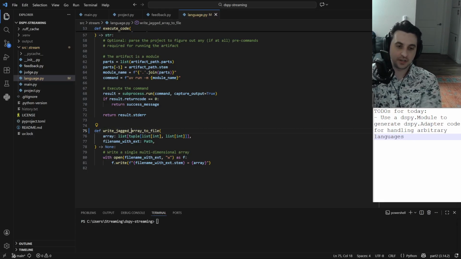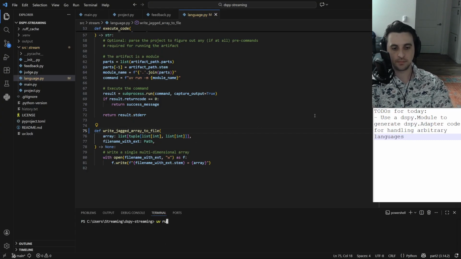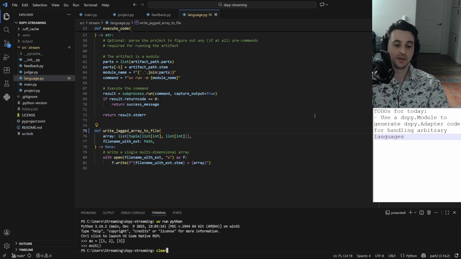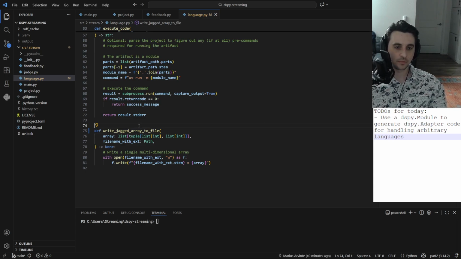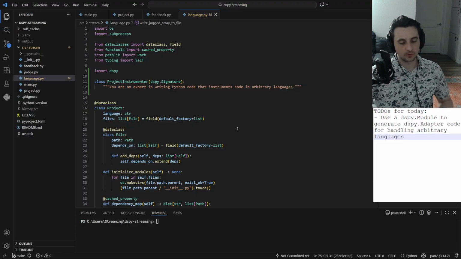In Python, jagged arrays are very easy because you can just have a list of lists, which is deceptively simple. Like AX is a list of lists 1, 2, and 3. This is a whole different beast in C, right? In C, you should do a list of pointers, and each of the pointers points to an array of different sizes. In Rust, it's a vector of vectors, again with different sizes. So yeah, this is complicated, but we isolate everything in one file. So then all we need to do now,